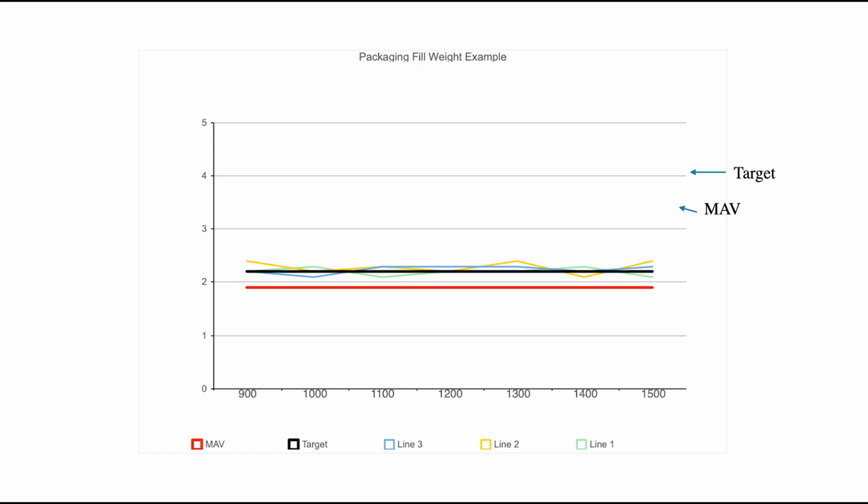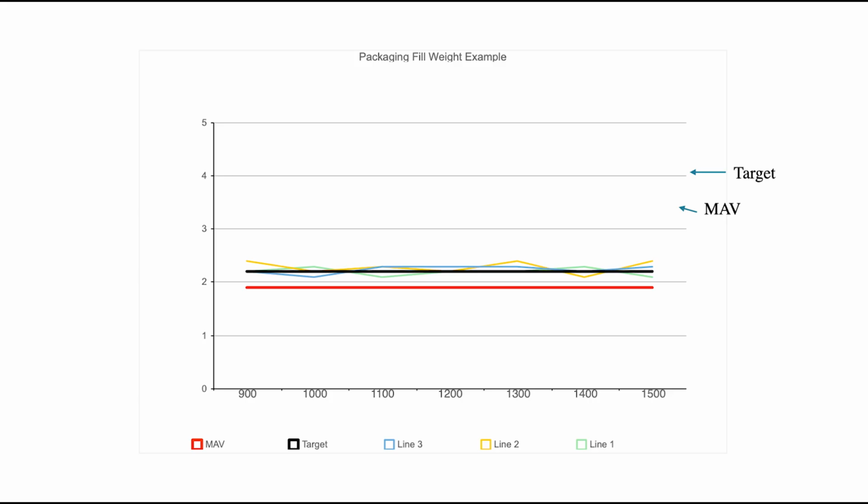So the correct answer is number 2. Reduce the fill variability so that your process looks something like this. Everything about this fill weight record looks much better. There are no underweights, and product giveaway looks to be minimal. In fact, it appears as if this process is predictable enough that they may be able to reduce their target weight a little further, depending on what their label weight or declared weight is.